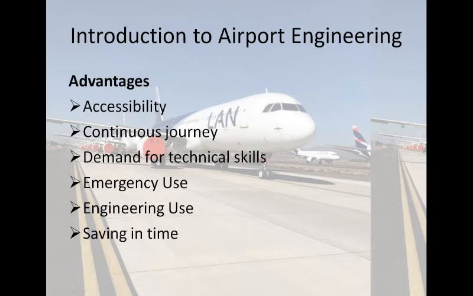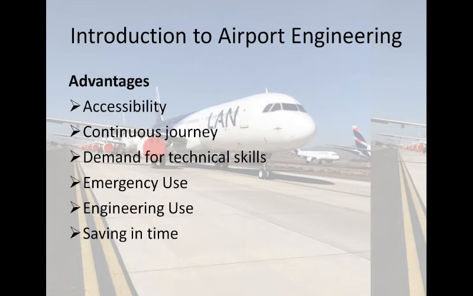So our second point is continuous journey. Aeroplanes can fly over both land and water. They also do not require any artificial track, as in the case of railways or roadways. In the case of railways, we have to lay the rails, and in the case of roadways, we have to prepare the roads for the transportation of vehicles. In the case of air transport, we don't require any rails or roadways. We don't have to lay any tracks. Thus it grants the facility of a continuous journey over long distances.